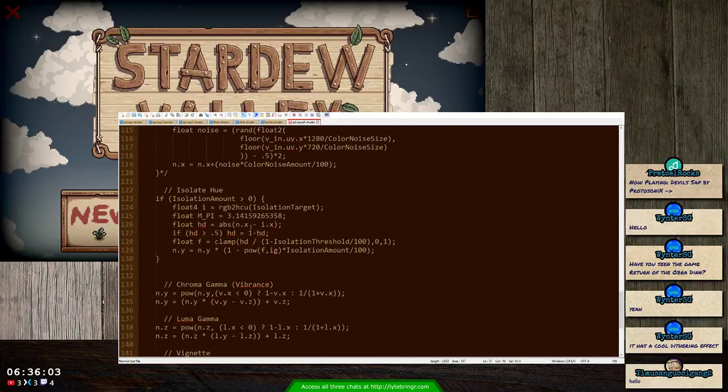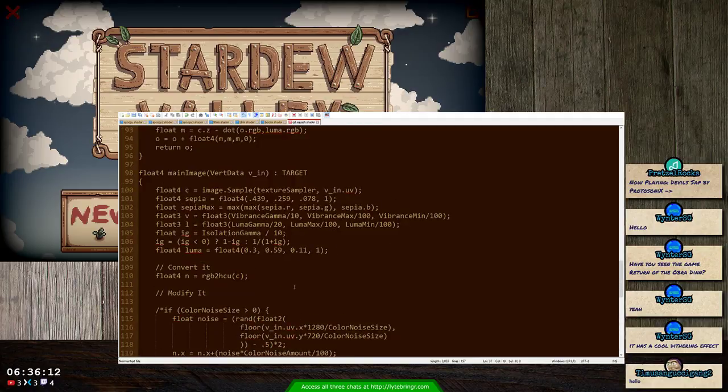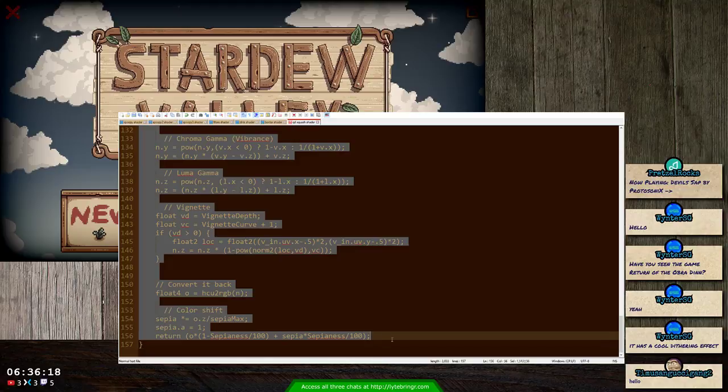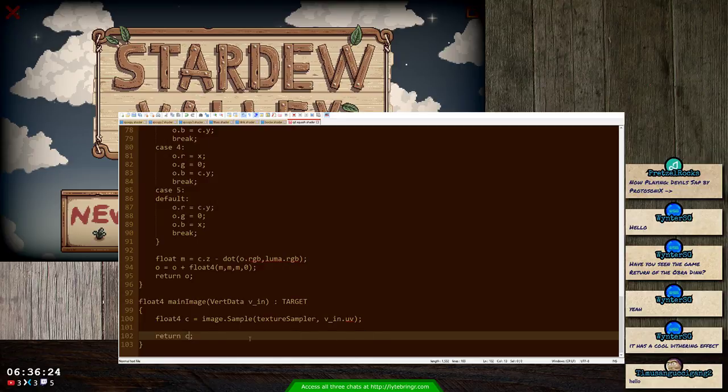Okay, and then we've got this main area which does all of our stuff from the other filter, but we're going to change that. Right, so all of this can go because we're not doing any of this anymore. And so we'll just return C,